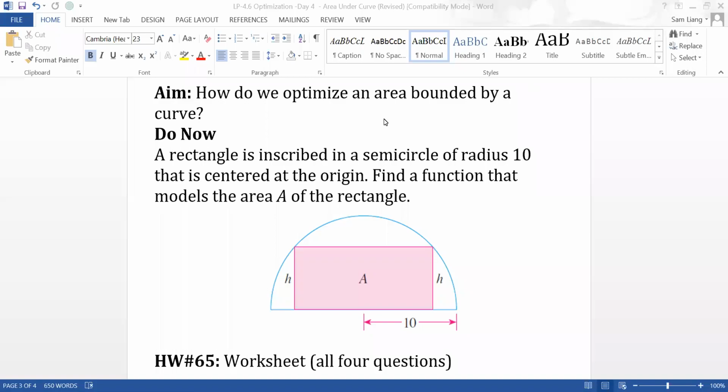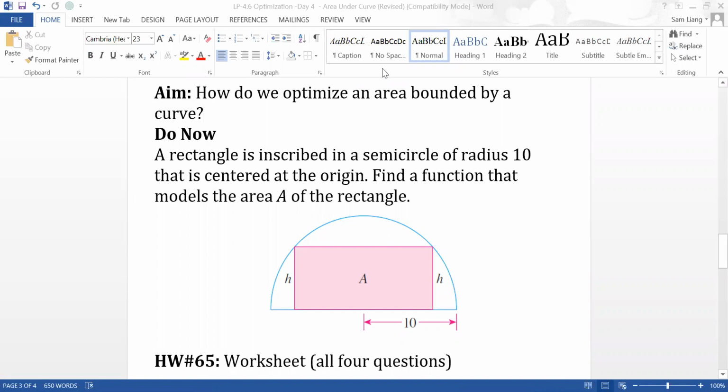All right, everyone. So again, this is the last lesson in this optimization unit. We're going to continue our curriculum by talking about polynomials on Monday. For your aim, it's how do we optimize an area bounded by a curve? And you might think that this is a really specific topic, but it has great importance because in calculus